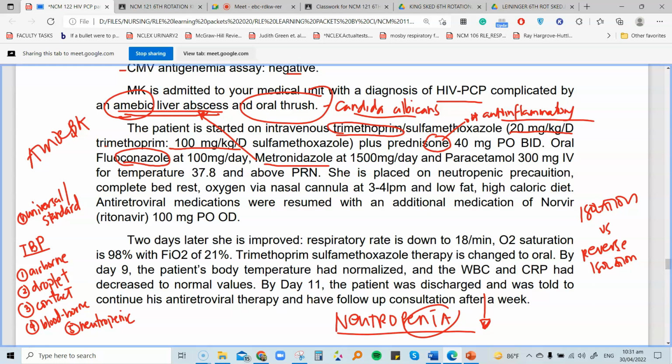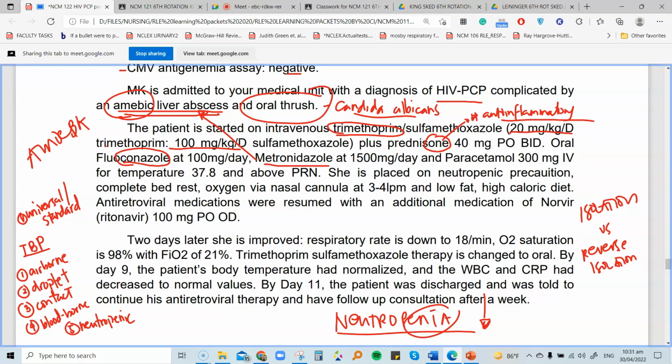Kaya ang tawag natin dito, the correct term for neutropenic conditions or patients is reverse isolation. You would reverse the isolation because the patient will be isolating himself from the rest of the population because everyone is considered as an infectious individual. Okay? Hence, we call it neutropenic precaution. Kaya, again, if you go to burn unit, hindi ka naman kailangan mag-wear ng full gear PPE. No. It's a client who is going to be extra careful, extra protective measures in place.